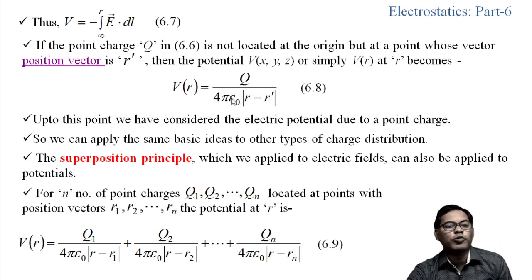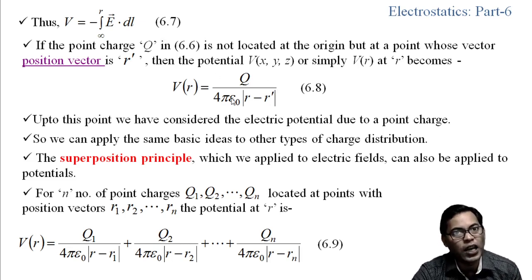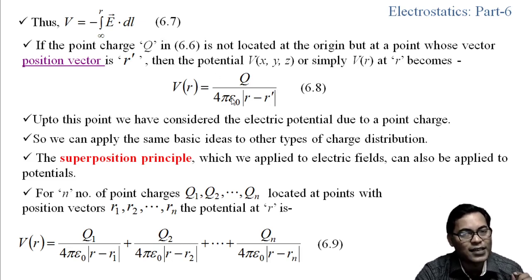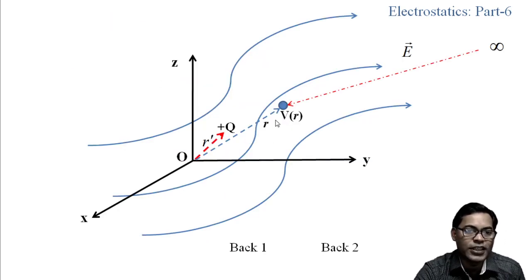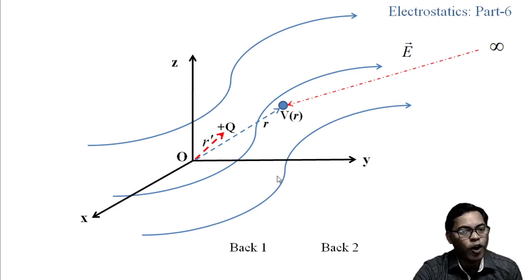Up to now we have considered the electric potential at some point due to a single point charge. Now we can consider that n number of charges are present in a Cartesian coordinate system. Here n number of charges are present, from q1 to qn, and we want to find out the potential at the point whose distance from the origin is r. How will we calculate? We can use the superposition theorem again to calculate the potential at this point due to n charges.